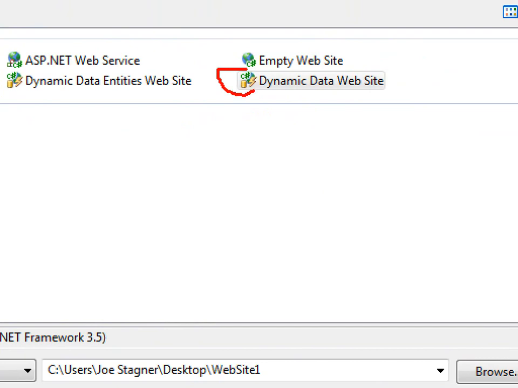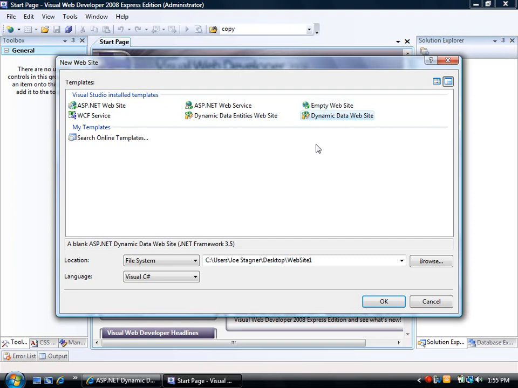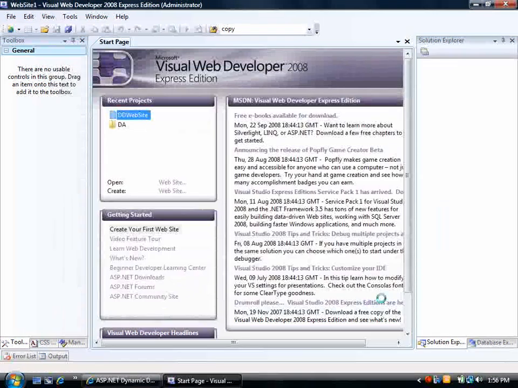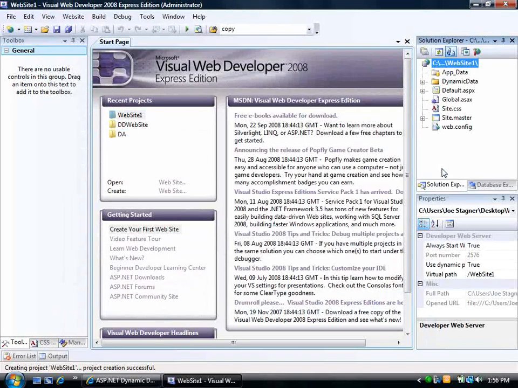If your icon doesn't look exactly like this one, you want to uninstall the preview version that you're using and get the RTM version. Okay, now having done that, we're going to get started with our first Dynamic Data application by generating some scaffolding. So I'm going to select the dynamic data website project type and